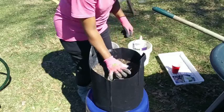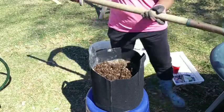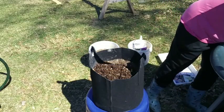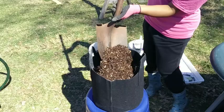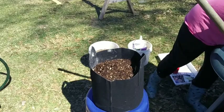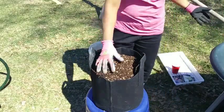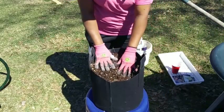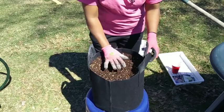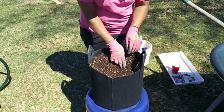All right. Now I'm going to add in the rest of my mix. And this is my 5 gallons. This is my 5 gallons right here. So as you can see what I'm saying is at the top. That's 5 gallons. All right. So 7 gallons? Nah. I don't care what they say. All right. So now what I'm going to do is just make a little space for my...